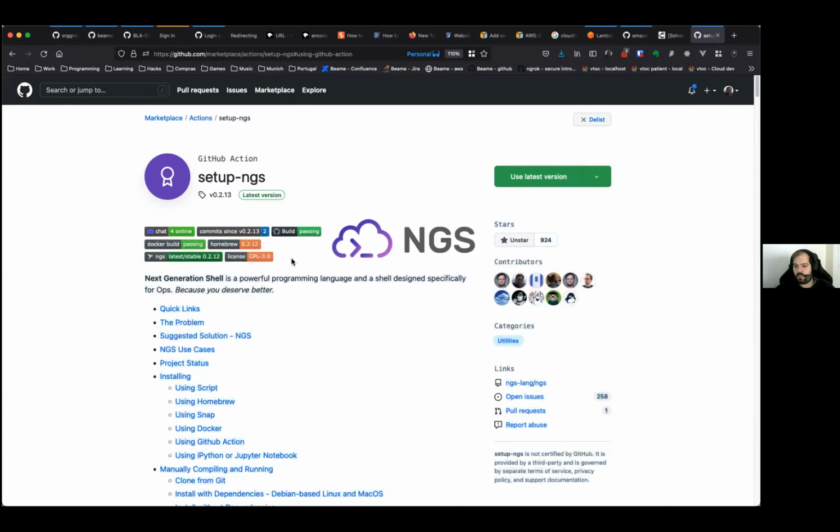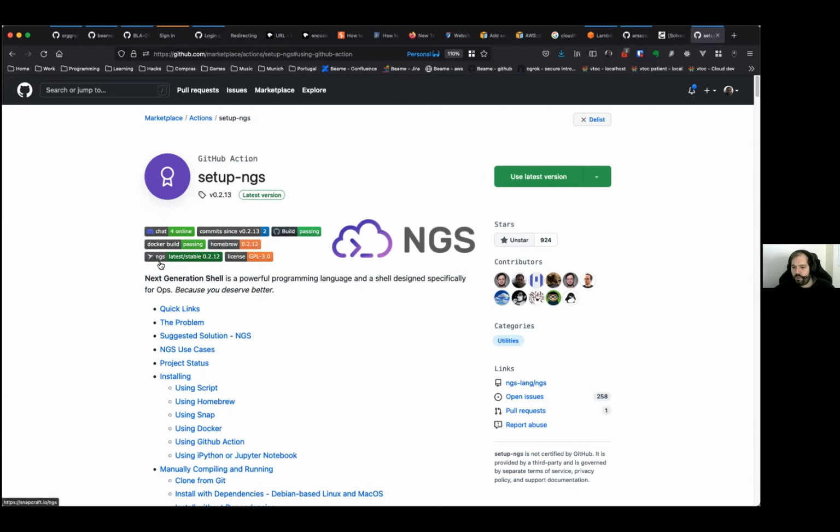Also, wait, just this part also changed a bit. So now we have the chat that is the Discord. Yeah, Discord chat. And we removed the other chat that was not used. How was the name of that? I don't even remember. From Git, yeah. And these ones we still need to update, I guess, the homebrew.